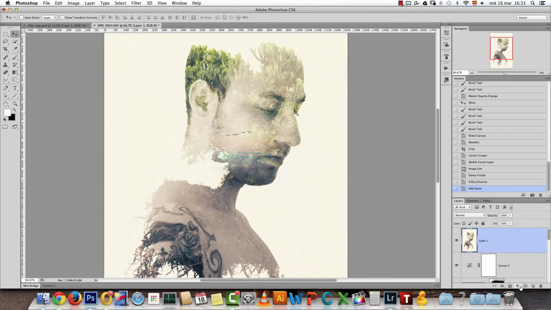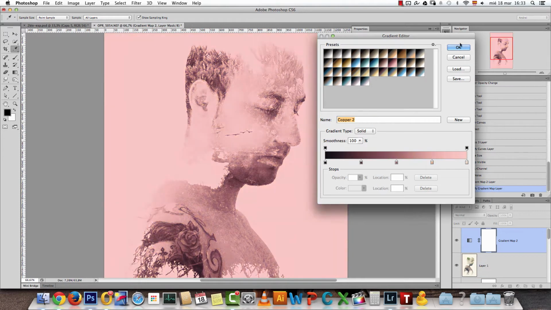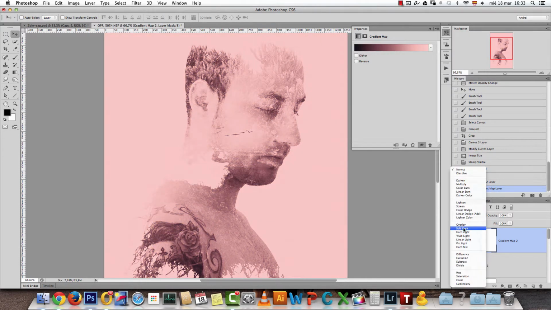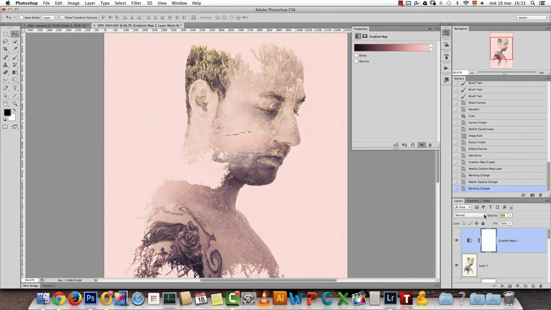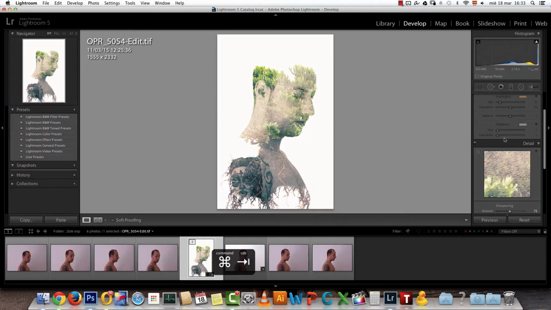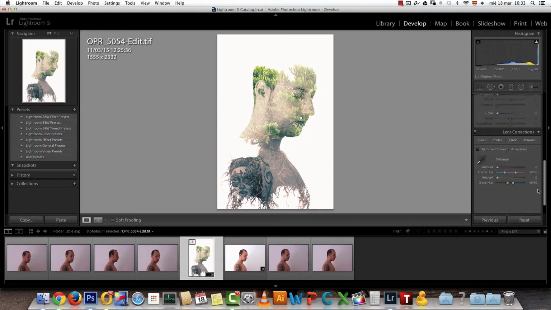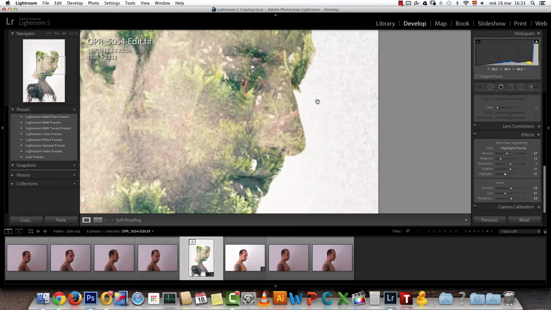Okay, if you want, you can use another gradient map to add more of a reddish tone, like so. And let's try some blend mode, soft light. I don't like how it looks. Let's leave it to normal and just 5% or something like that. Okay, what does look nice in Lightroom is the vignetting effect. Also here on the effects, post crop vignetting, decrease that like so, some midpoint, and increase the highlights a bit, not too much.